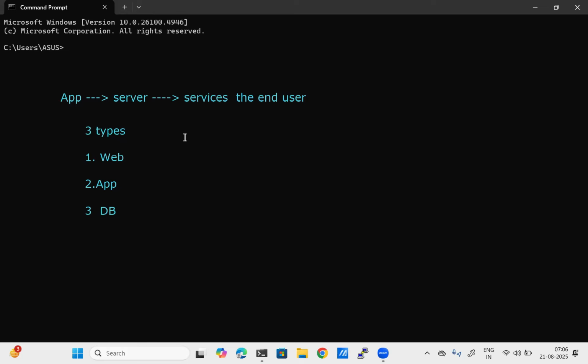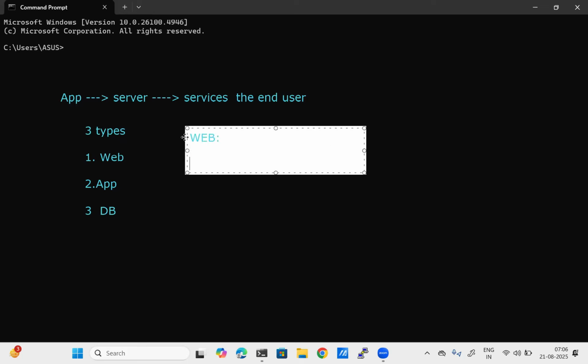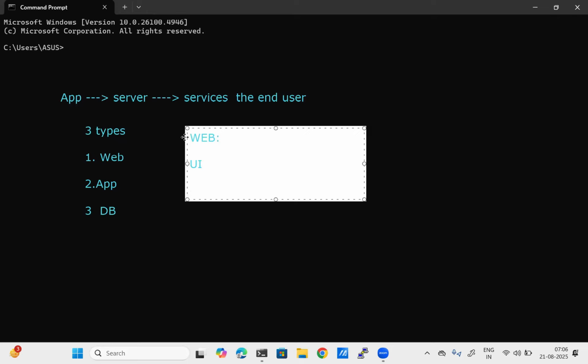Now, what is meant by web server? A web server provides the UI part of your application. Who will work on the web server? Ultimately, the UI/UX team as well as the development team.